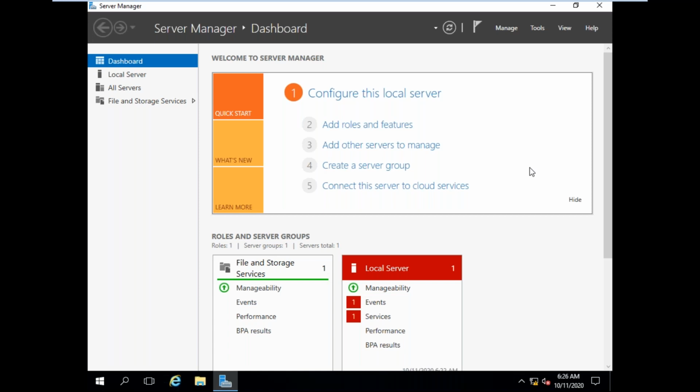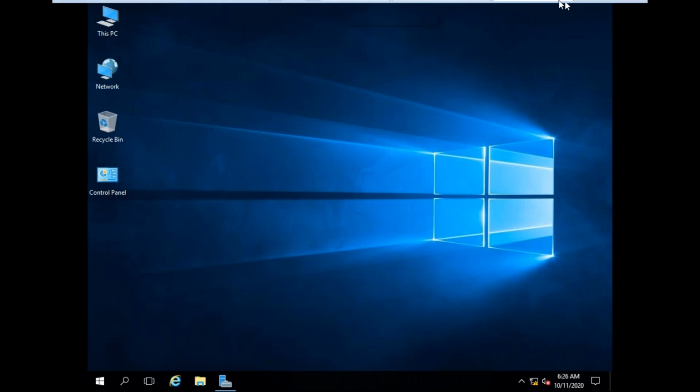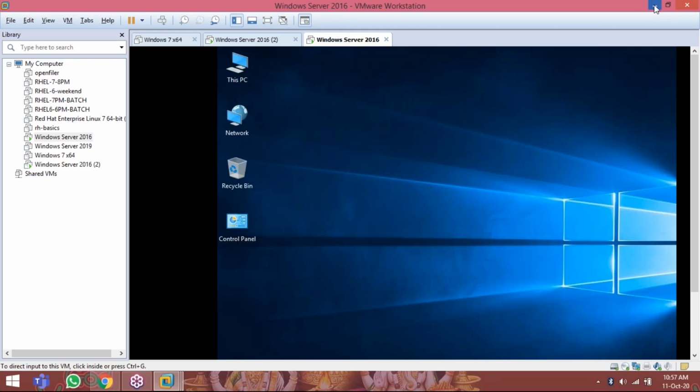Before configuring this server as a domain controller, I will explain the difference between workgroup and domain.